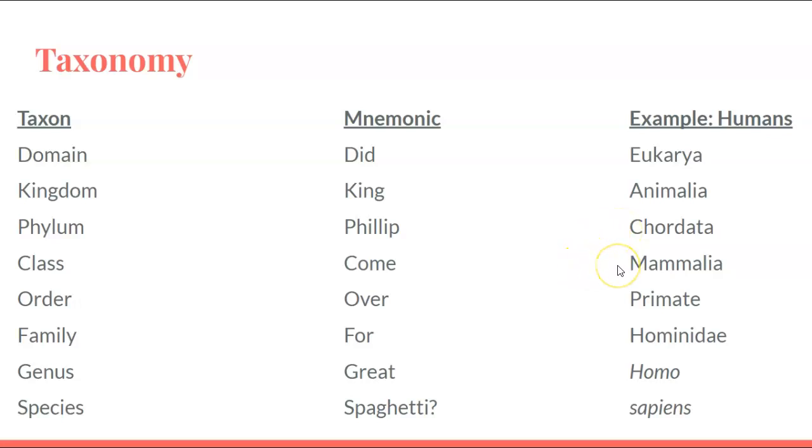As we continue down, right, Mammalia, Primates, Hominidae, so all of these are just getting more and more specific as we go, and finally we get to the genus and species. Our genus and species is Homo sapiens. That's the classification and the scientific name for humans. Notice how it's written in italics, because when you are typing a genus and species, it has to be in italics, right? Genus is capitalized, species is lowercase. Still following the rules that are present for writing